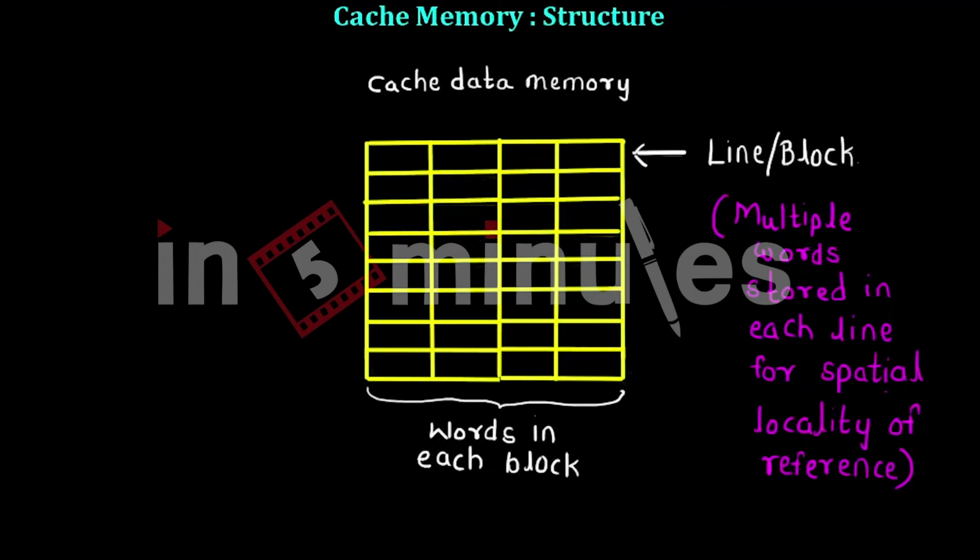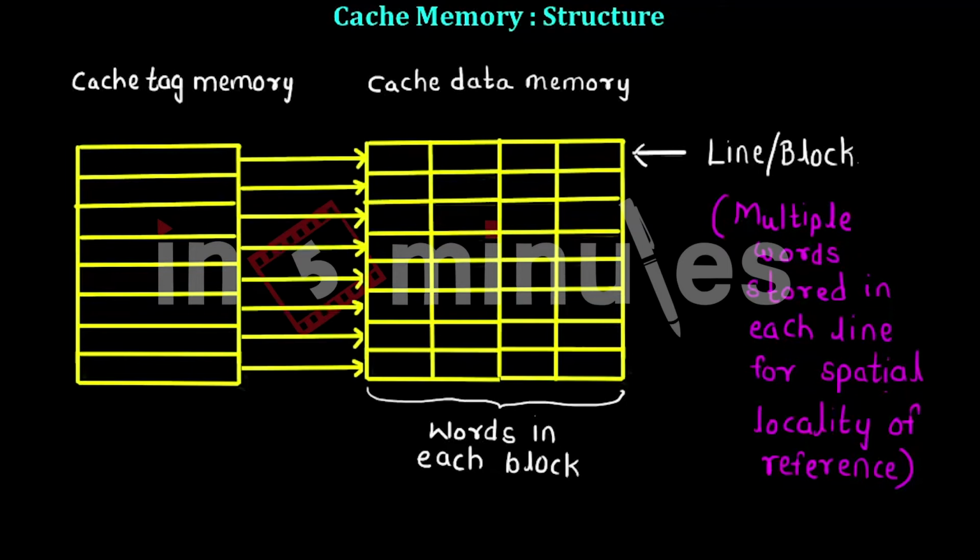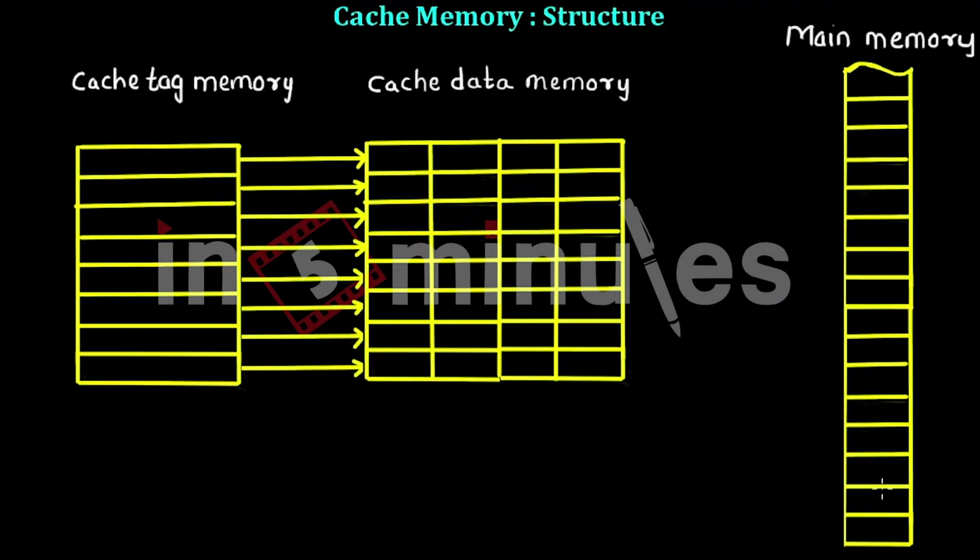The second structure that is present in the cache memory is the cache tag memory. Cache tag memory consists of addresses of locations which are present in the cache data memory. So whenever a particular block from the main memory is fetched into the cache memory, the cache tag memory contains the address of that block. We're going to see it in the example, so at that time you will understand this better. So let's have an example to understand the internal structure and the functioning of it.